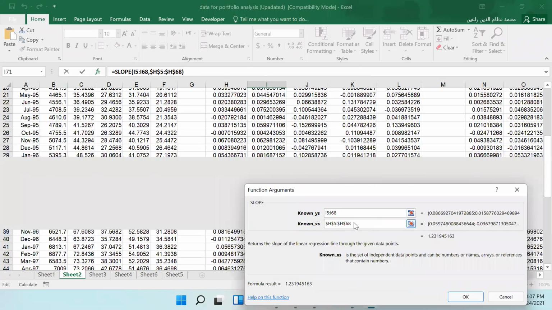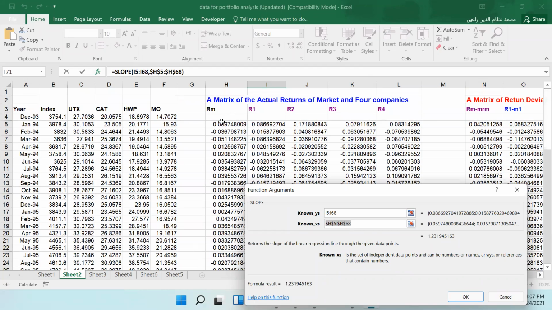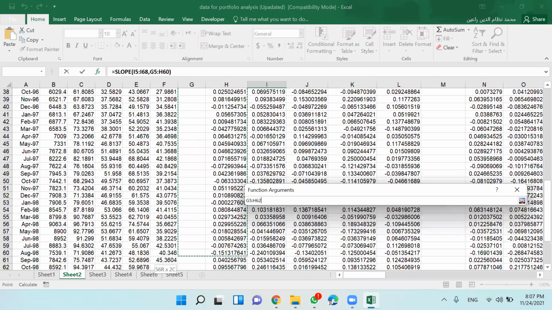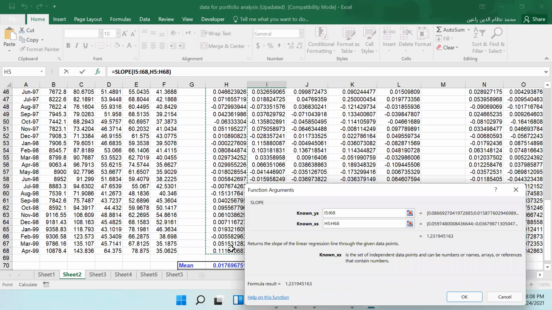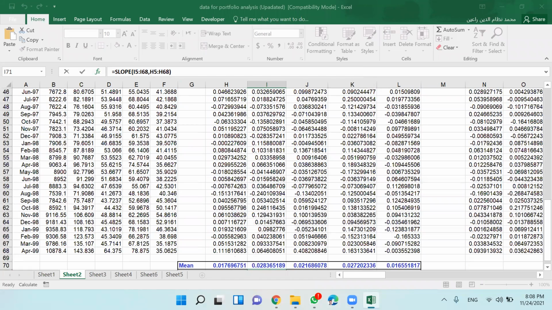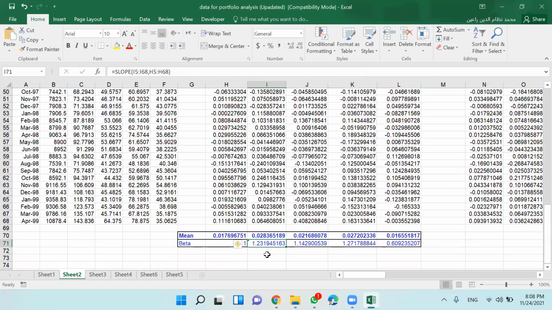Your independent variable is always the market index. Then you put the column representing the market return and press OK. You are able to calculate beta.